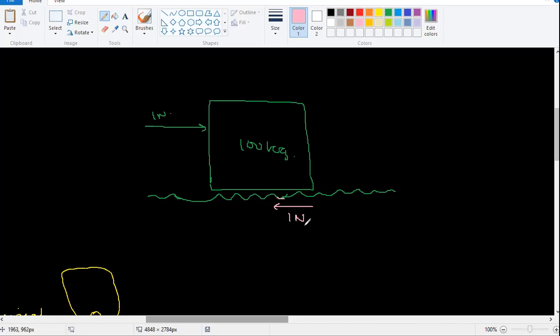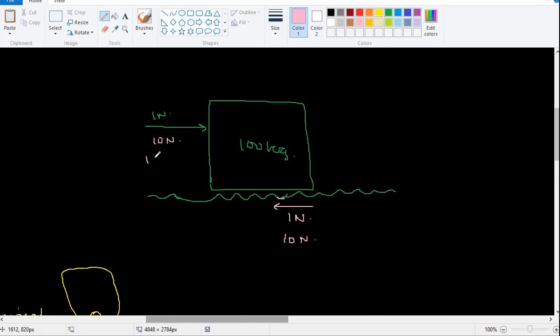But my question is, why can't it be 10 Newton? If I say this is 10 Newton and this is 1 Newton, what will happen? The block will start moving this way, and that does not happen. So since that is not happening, I hope you will agree that if I apply 1 Newton here, the friction is also giving 1 Newton. If I apply, say, 10 Newton here, let's say the block is not moving. That means I'm going to say that the friction is also providing 10 Newton. Would you agree or not? Because it's not moving. Yes, sir.